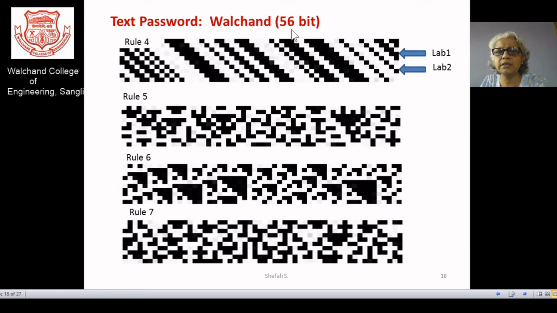So say some password is given, and I want to keep track of the utilization of the computers in specific labs, where those labs are arranged in a sequential manner. There is the arrangement of the first lab and the arrangement of the second lab. If Walchen is the password given, say the first lab has some password, and once it moves down to the second lab, the password automatically changes. For the third lab, the password automatically changes again. So this can change from one lab to another, one place to another, or from one student to another student.